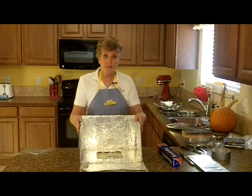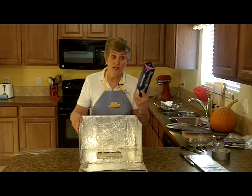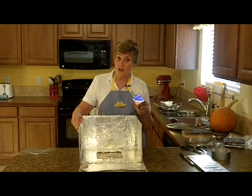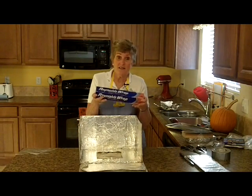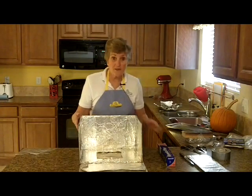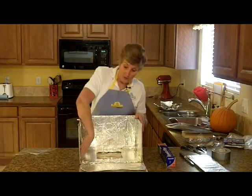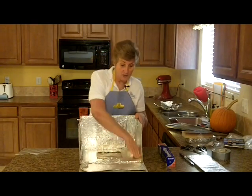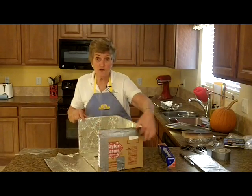We're going to take one piece of foil, and we can use either household foil or heavy duty foil. The heavy duty foil will last longer, but this works just as well. So whatever you have on hand, just to make it the least expensive, you can use. We're going to take the foil and we're going to start on the outside of the box, roll it down to the inside, across, up, and over the back,